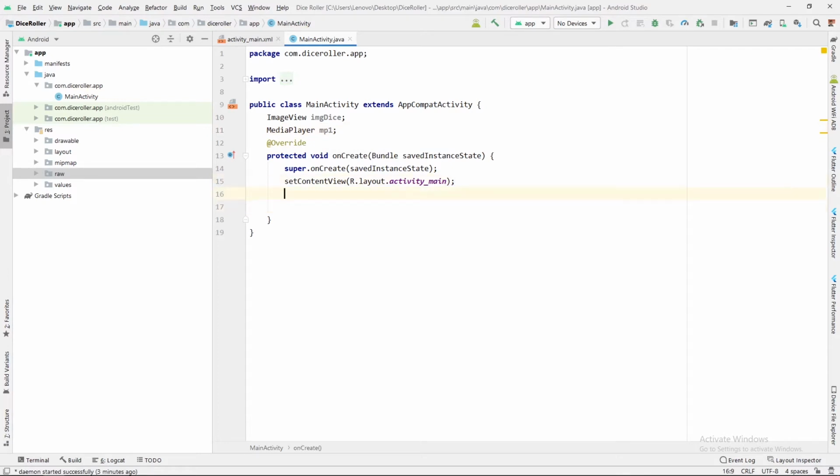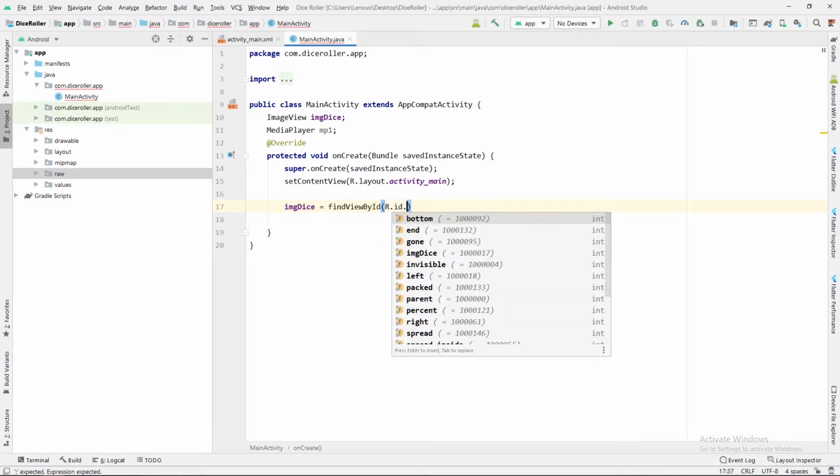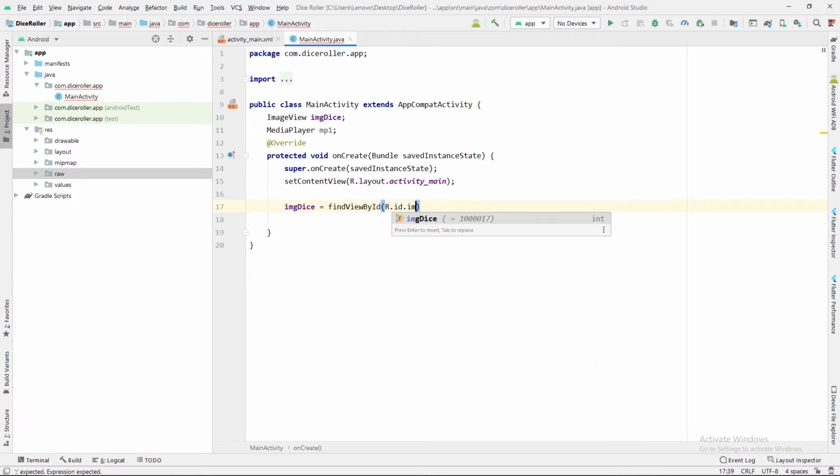And here I am going to bind image view with XML file like this: img dice equals findViewById, and inside the R.id.img dice. So now we have finished binding with image view.